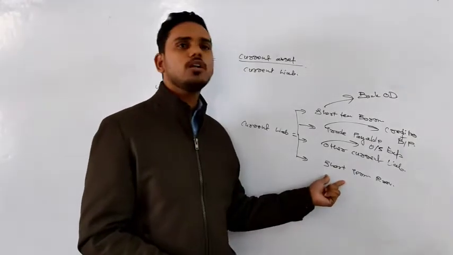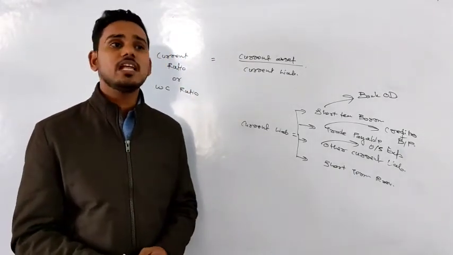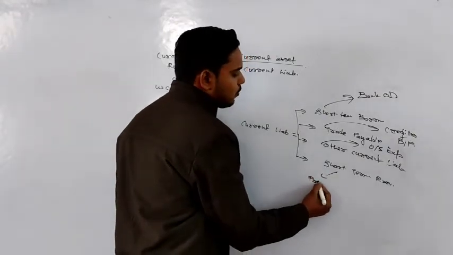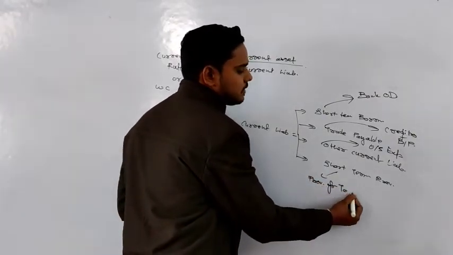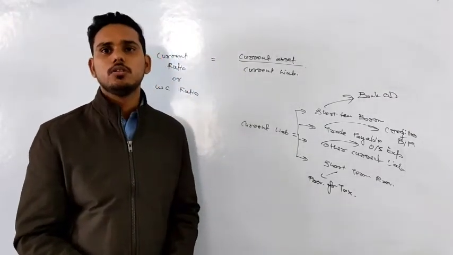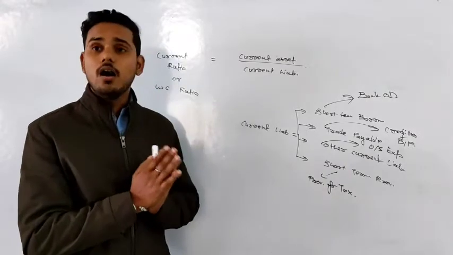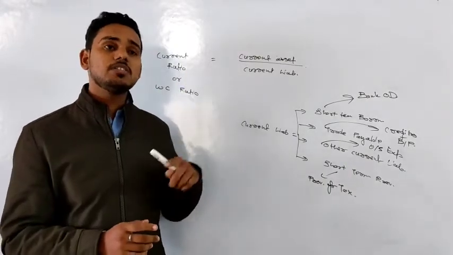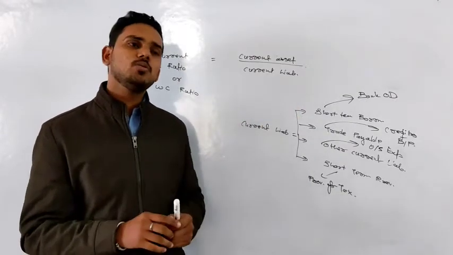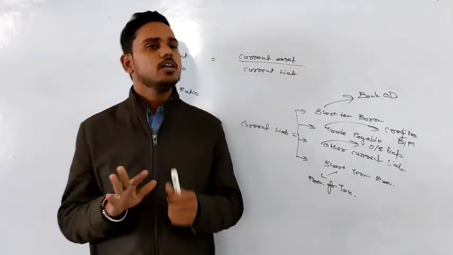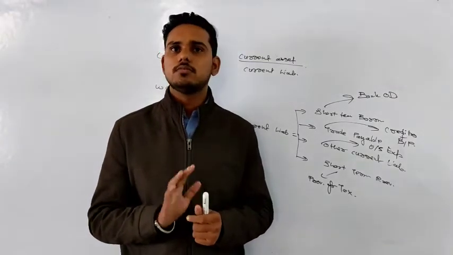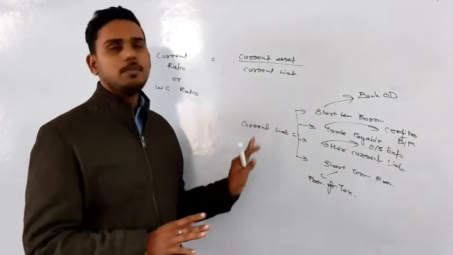Now last one is our short-term provision. Short-term provision means provision created for a period less than 12 months. So one that you can understand is provision for taxes. We have to pay tax every year, so we create provision for that also, right? So if you have learned the format of financial statement which I told you in that chapter, this thing is easy for you, because you know that in current liability there are four subheads: short-term borrowing, trade payable, other current liability, and short-term provision. No confusion. I hope current liability is clear to you.